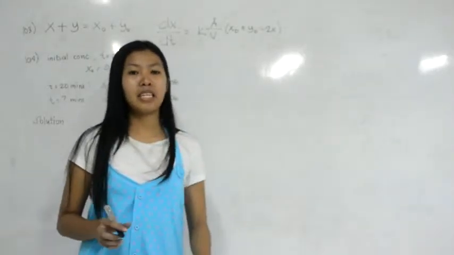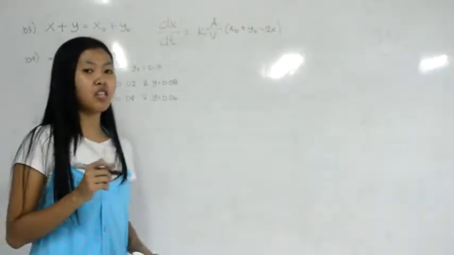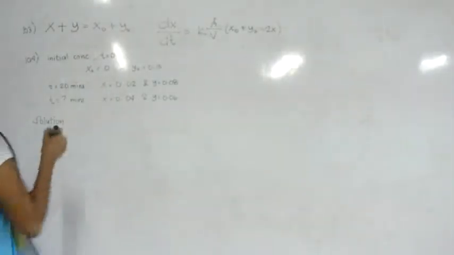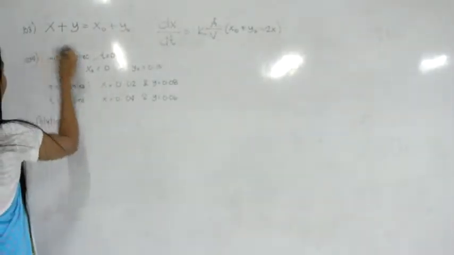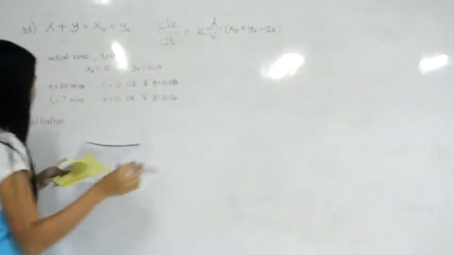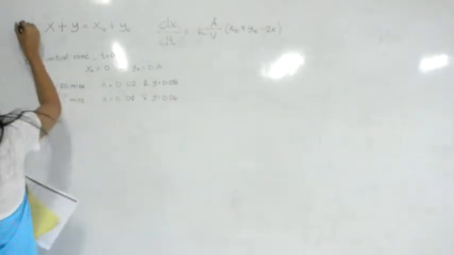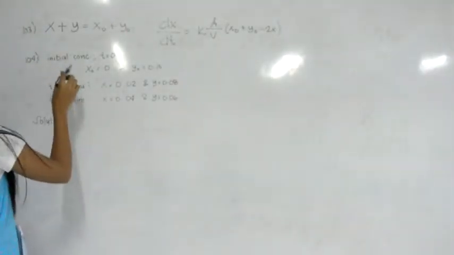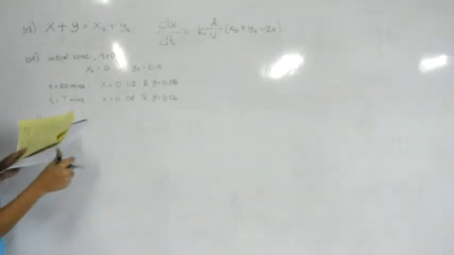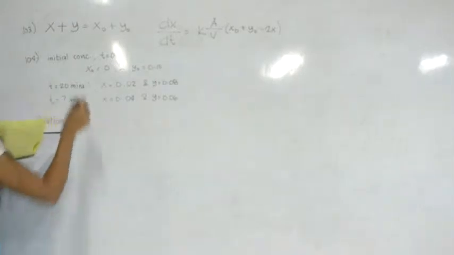My last problem is an application of an ordinary differential equation of first order. It is only related to the problem in page 964, number 103. So my problem is, what if the initial concentrations in the two compartments in the previous